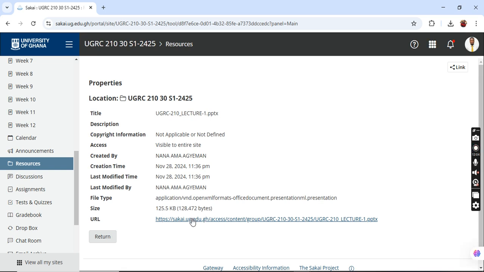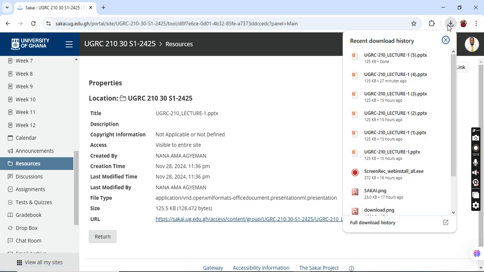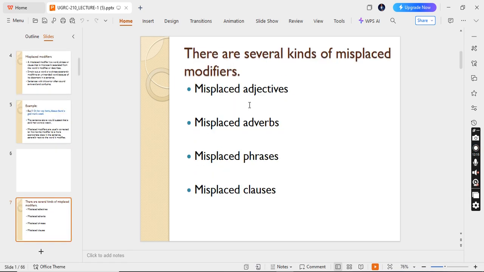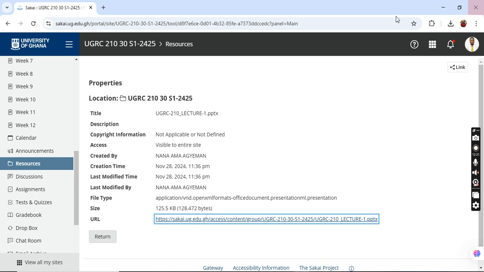View details. Okay, so when you click on view details, you click on this. I have it here. So this is the first lecture slide that I have on Sakai. Okay, this is the first lecture slides. Let's go to the second one